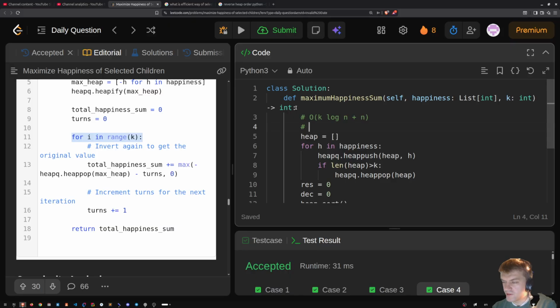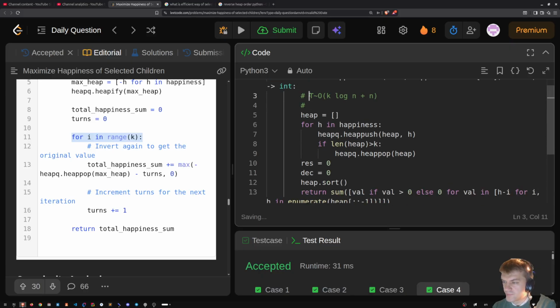And then in my solution, the time complexity is going to be, on Leetcode, my solution, so I'm pushing to the heap, so the heap is going to be maximum k, so log k, and then here it's going to be n log k,